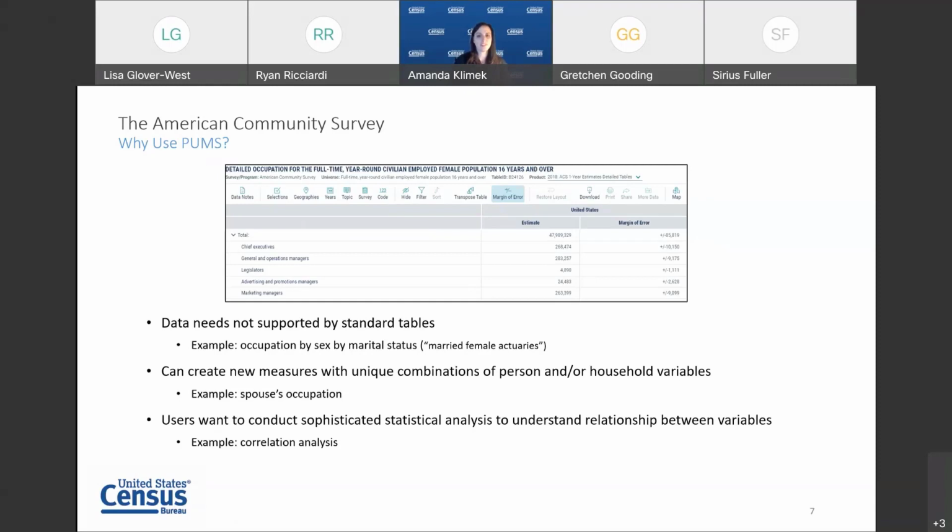The Census Bureau produces these PUMS files precisely so that data users with varying needs have the ability to conduct their own analyses. Specifically, the PUMS allows you to create custom tables to get a greater level of detail than what these standard tables offer, create new variables using unique combinations of person and/or household variables, and conduct statistical analyses that allow you to analyze the relationship between variables.